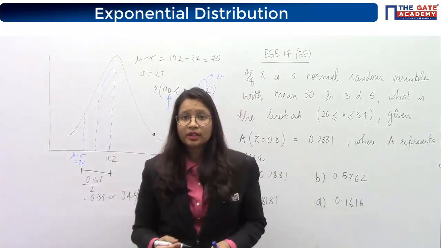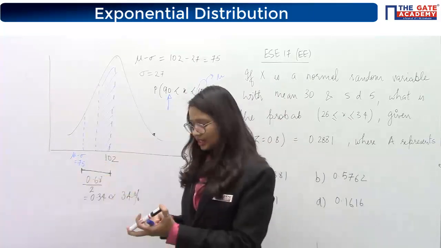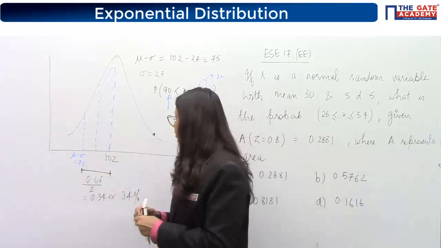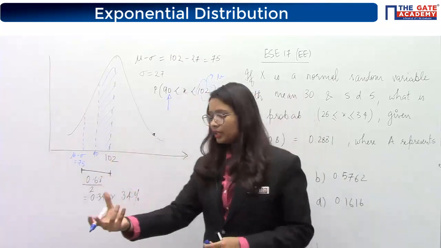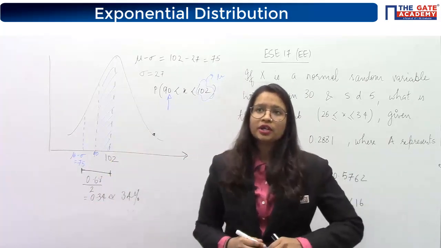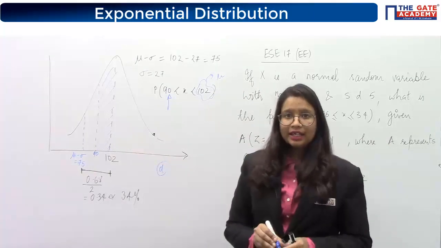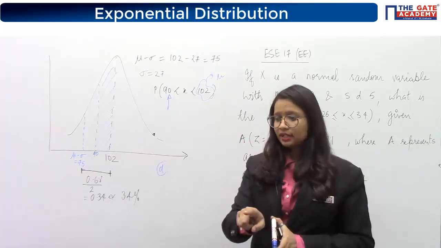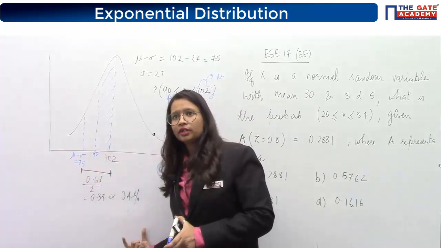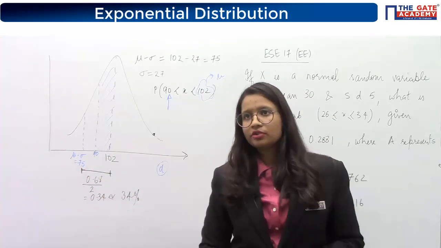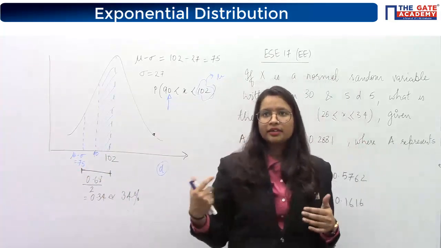So 33.3 is one of the options, but will it be your answer? Definitely no, because 90 is somewhere in the middle of 75 and 102. The difference will be greater than the difference over here. So definitely option D is your answer. Correct answer is option D, because it is the value which is lesser than 34%, but yet approximately half of the value of 34%. Okay, so this is how you will solve the question based on Six Sigma limit like this.